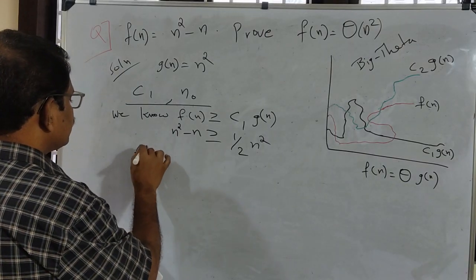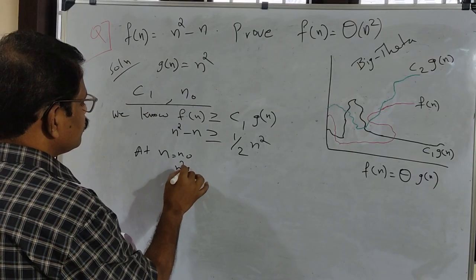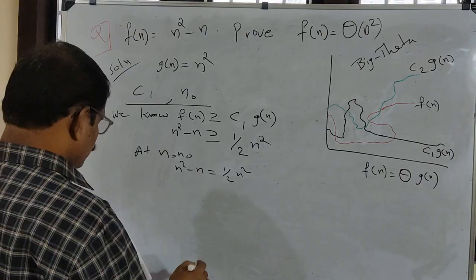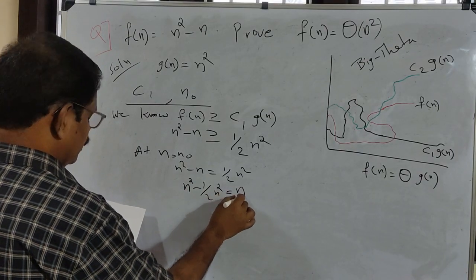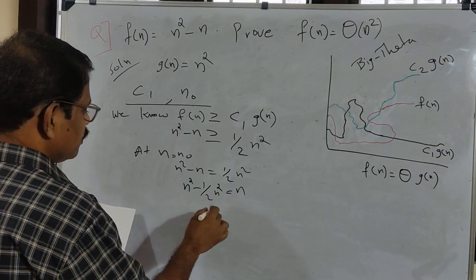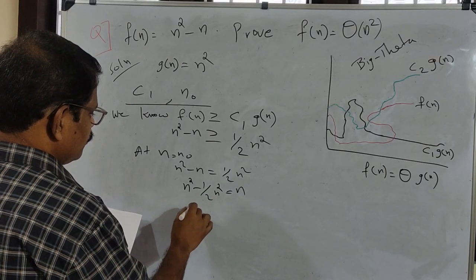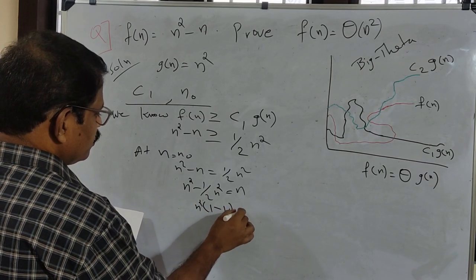At n equal to n0, n square minus n is equal to 1 by 2 n square. N square minus 1 by 2 n square is equal to n. N square minus 1 by 2 n square means n square into 1 minus 1 by 2 is equal to